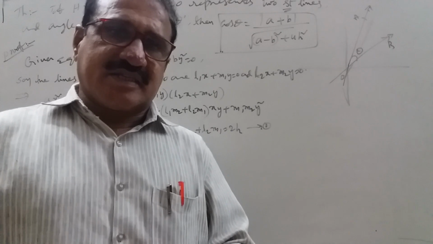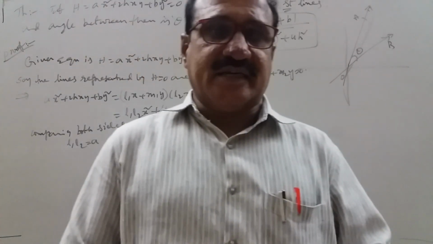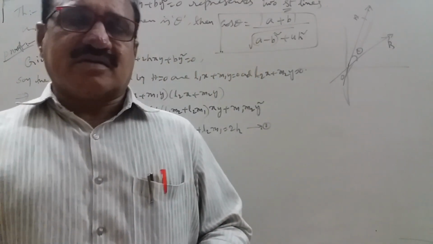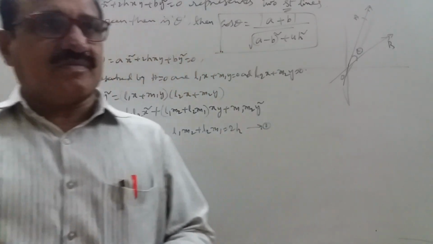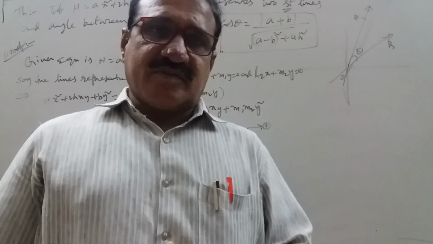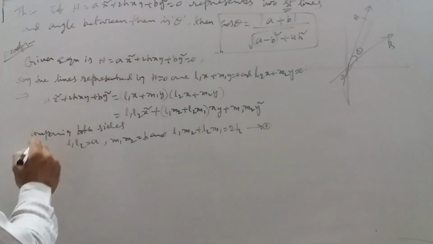Okay, by using this, in straight lines we know the formula: if two straight lines a1x plus b1y plus c1 is equal to 0 and a2x plus b2y plus c2 is equal to 0 are intersecting lines and the angle between them is theta, then cos theta is equal to mod of (a1 a2 plus b1 b2) by root of a1 square plus b1 square into root of a2 square plus b2 square. By using that formula, if the angle is theta,